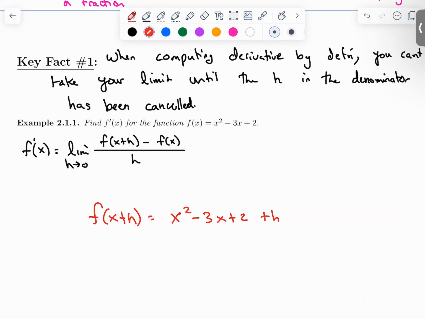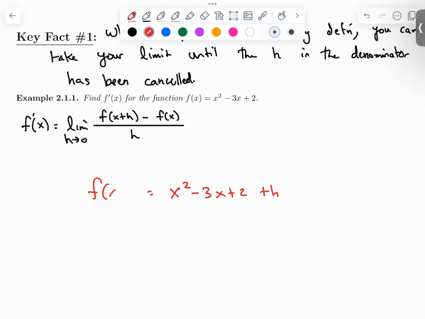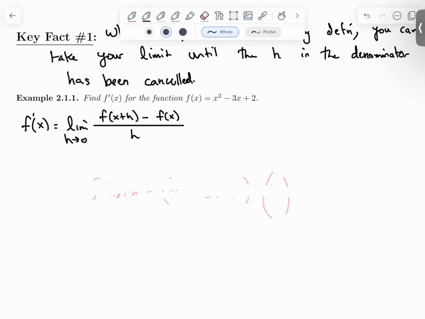Think about it. F of the quantity x plus h versus this right here. What I have written is this. Because this is f of x, this is plus h. F of the quantity x plus h, you're plugging in x plus h into it. So the correct way to compute f of x plus h, which I'm going to do on the side here,